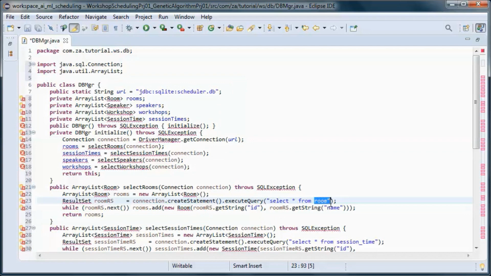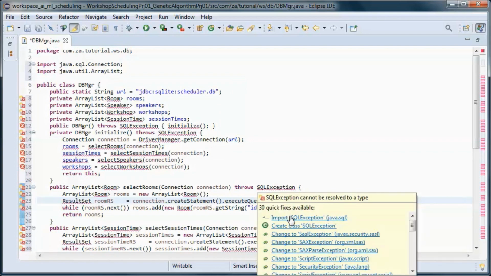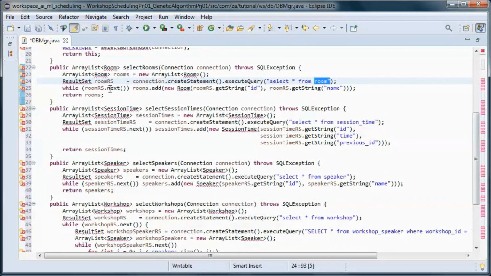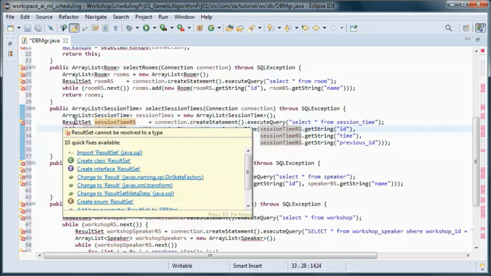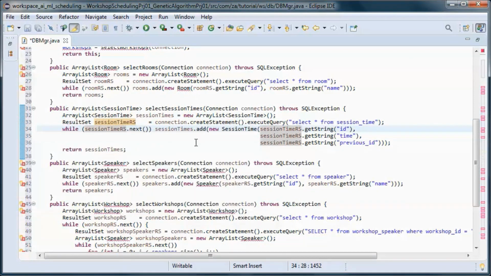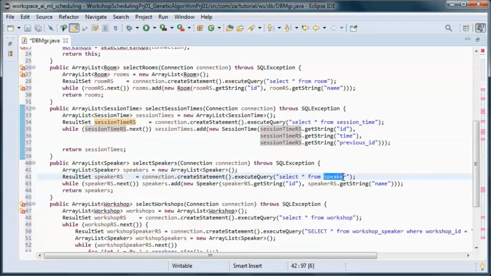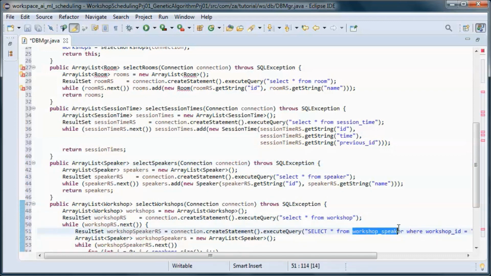So the room table, and the session time table, and the speaker table, and the workshop and workshop speaker tables.